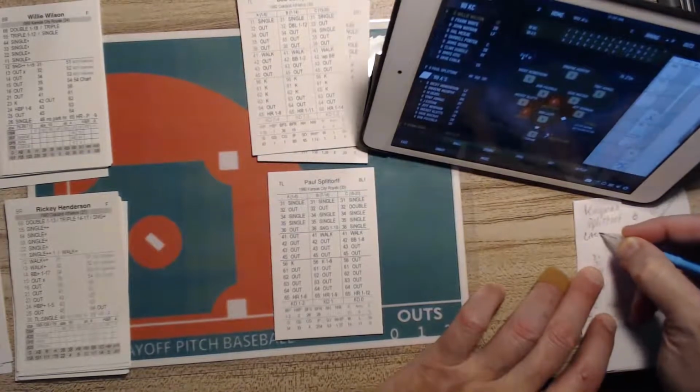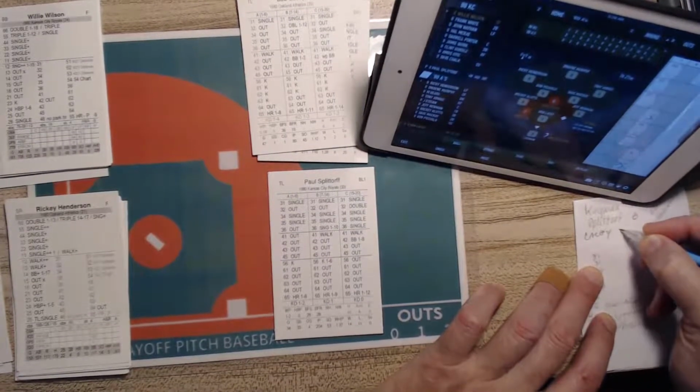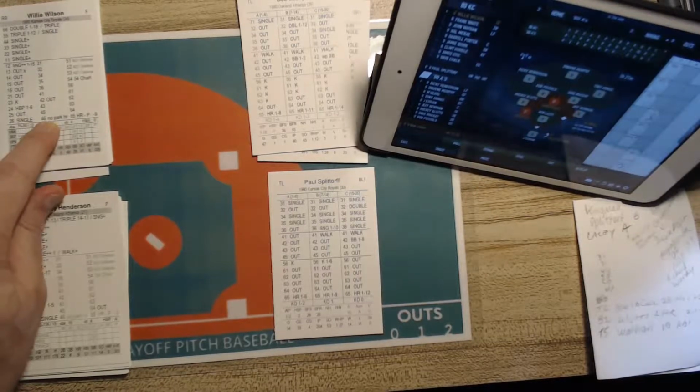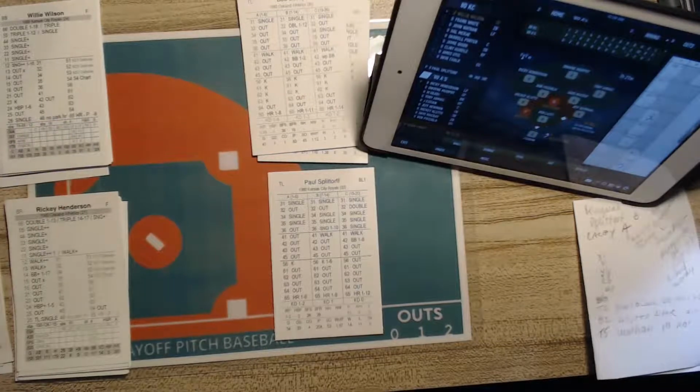He's an A pitcher, and we pulled a 43. On Willie Wilson's card, that's going to be a blank, so we're going to go to Lacey. A 43 is going to be with the infield in. He's batting from the right side.